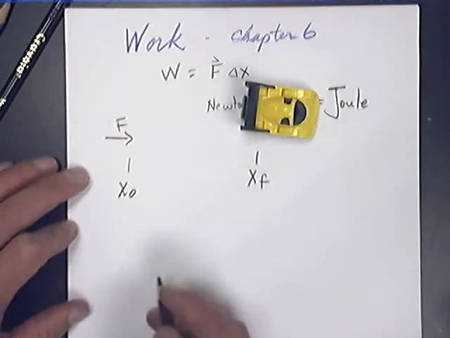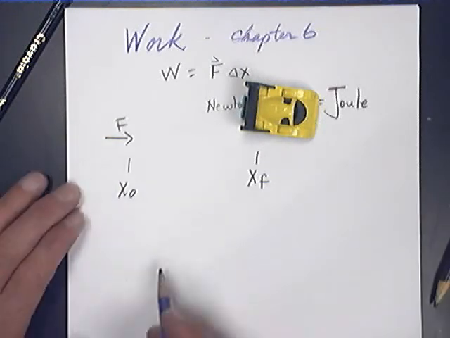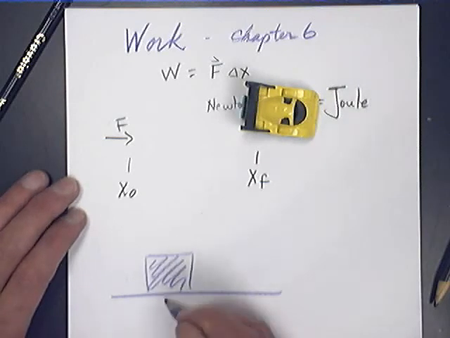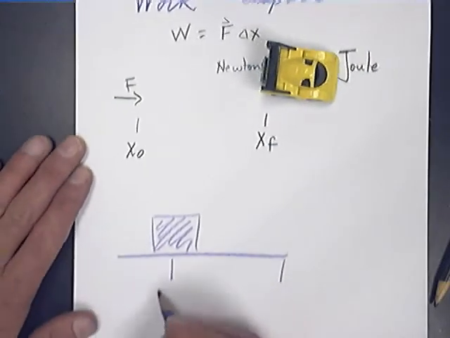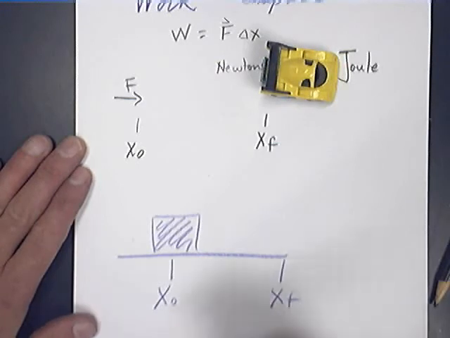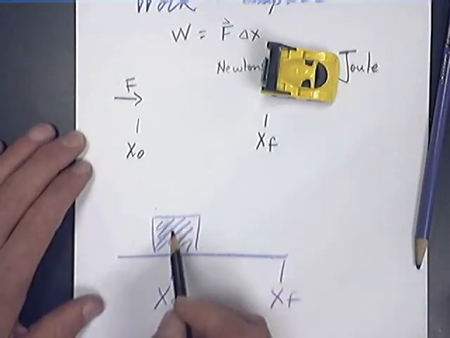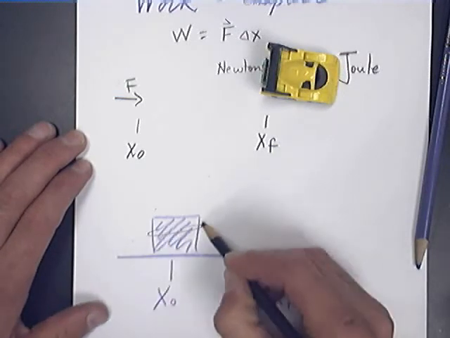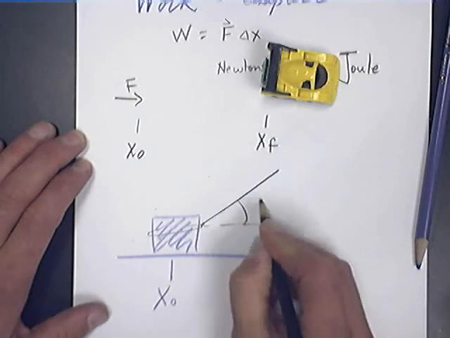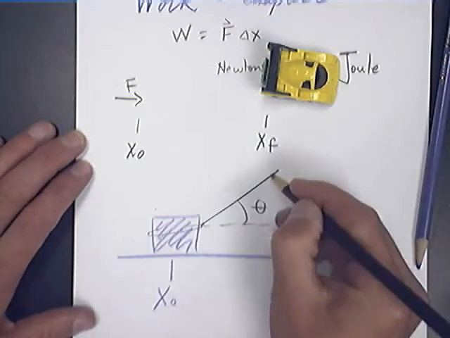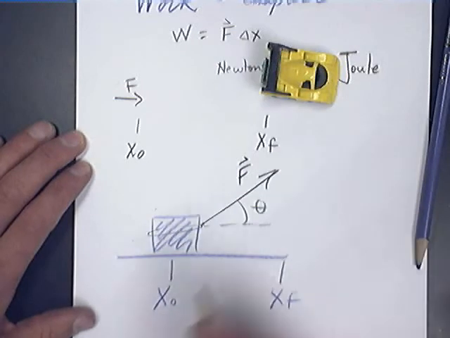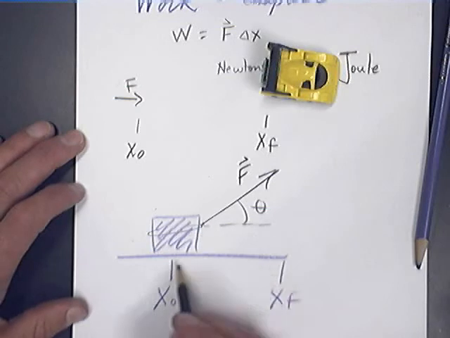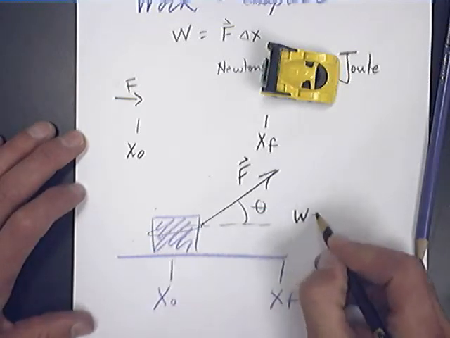So let's take something else here. Let's take a box. Here's a little box, and I'm going to move it some delta x. But now I'm going to tie a rope to it and pull it up at some angle. So I'm going to have a force in this direction. Now I only want the force that goes in the direction of the displacement. So then work becomes